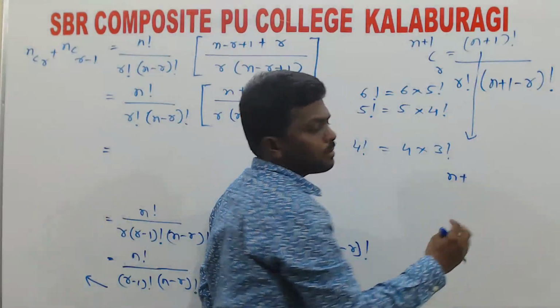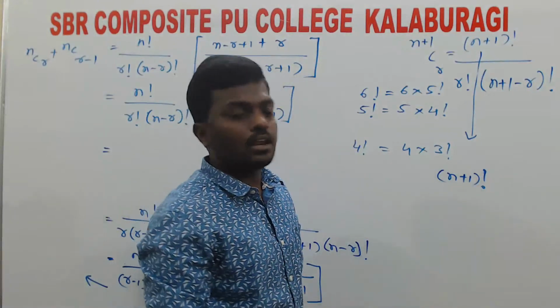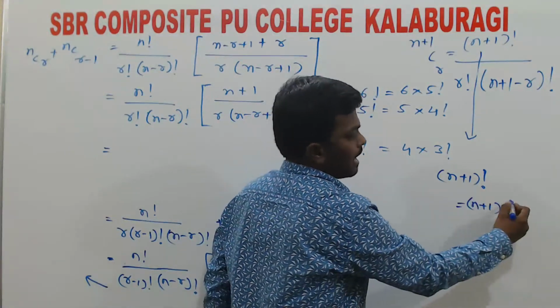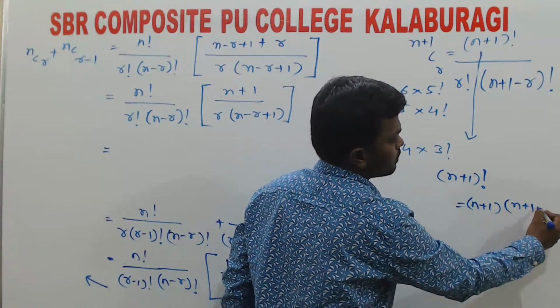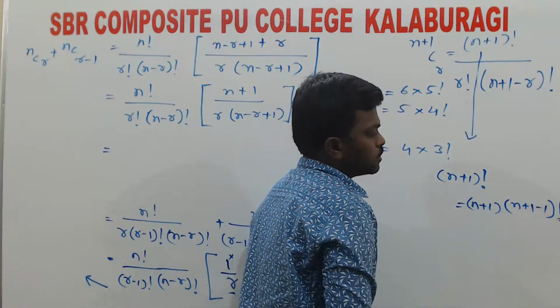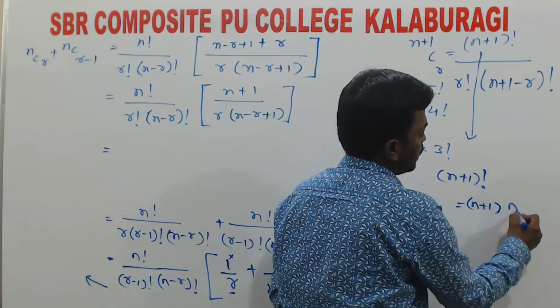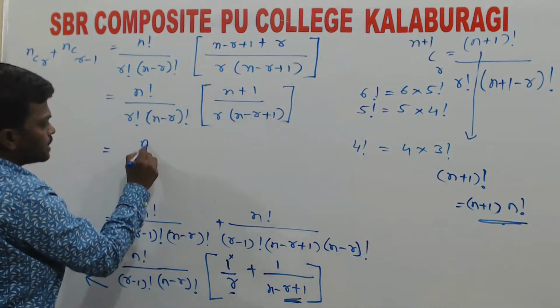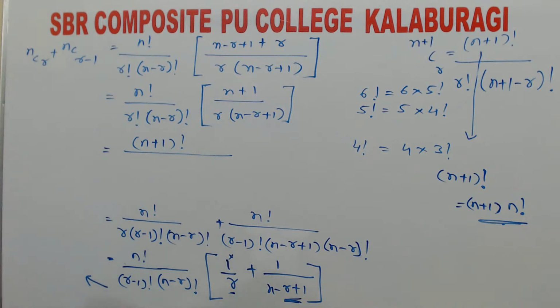So n plus 1 factorial, how will you write it? Okay, by one step. So n plus 1 factorial, apply the definition of factorial notation. So n plus 1 factorial, can I write it as, it begins with n plus 1 and gets reduced by 1, n plus 1 into n plus 1 minus 1 factorial. So what is 1 minus 1? 0 cancels. So I am left with n plus 1 into n factorial. So look here, n factorial into n plus 1 is n plus 1 factorial, whole divided by,